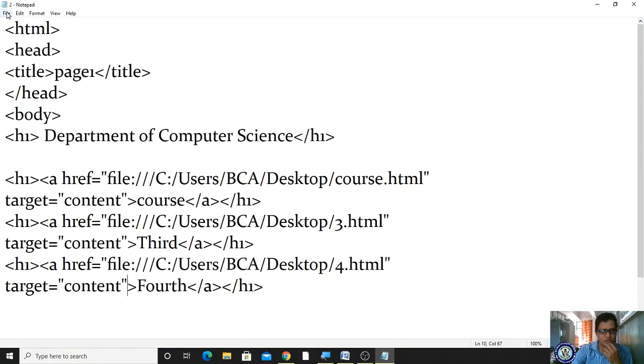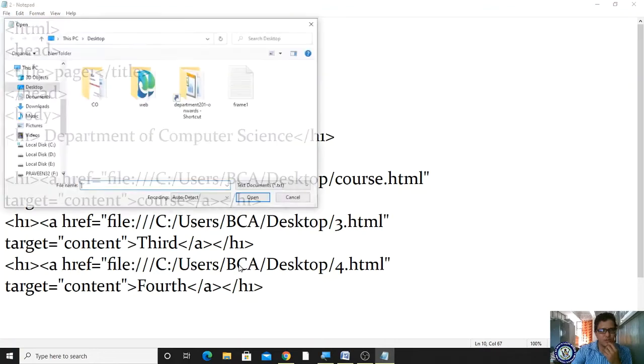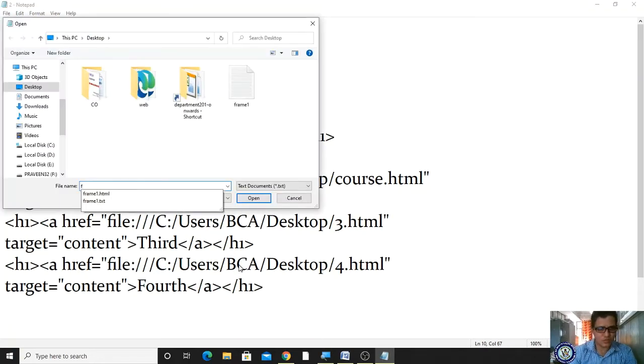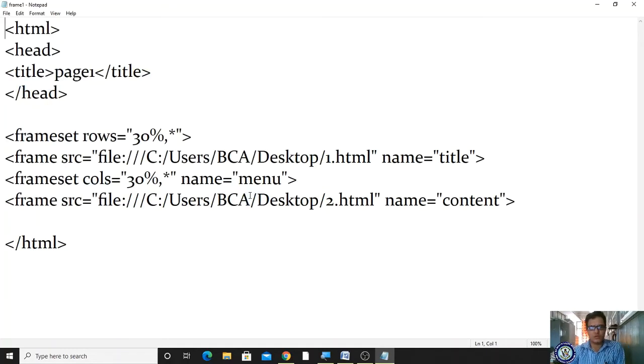Let me open the frame1.html file. Now you are seeing the content, the name attribute as content. The location we have specified.